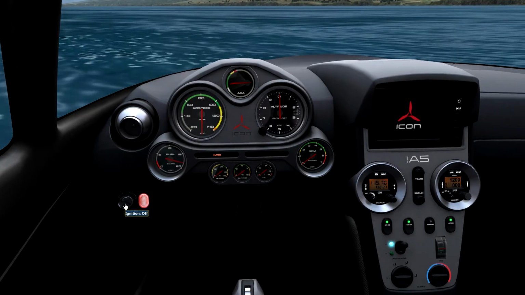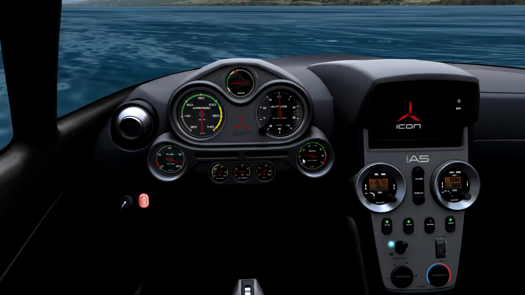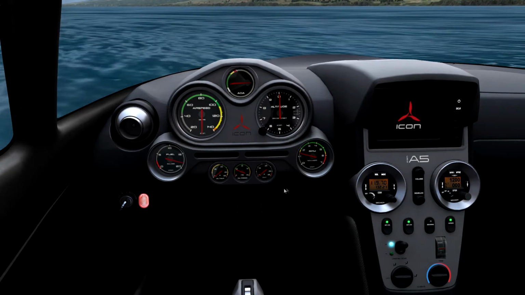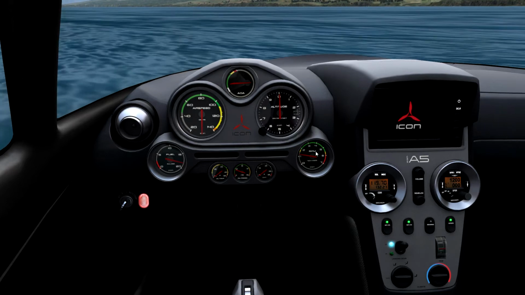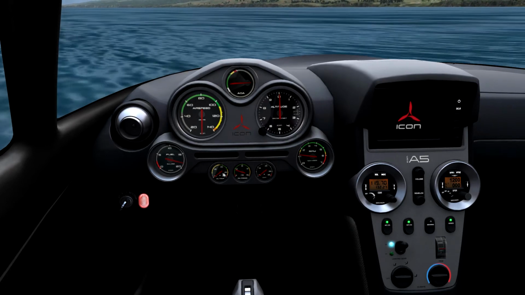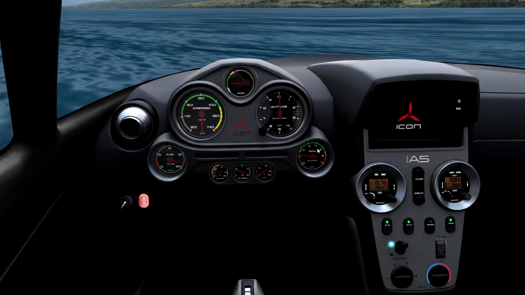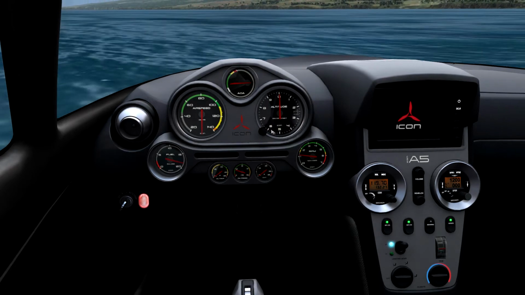Anyways, just go ahead and turn the key, and this is a fuel injected aircraft, so it just starts right up, no mixture. We have an RPM rise, and we have oil pressure. What's kind of neat is if you hover over the instruments, you'll get the actual numbers that they're showing. The Icon A5 looks a little different to you guys that are more used to general aviation aircraft,